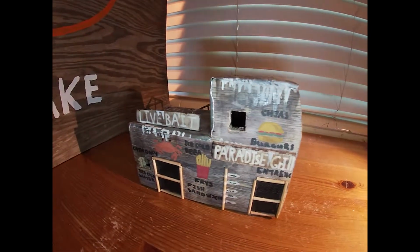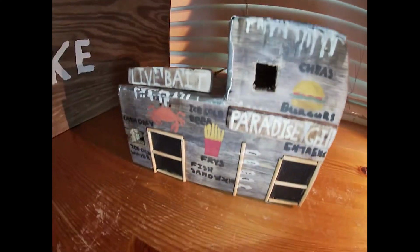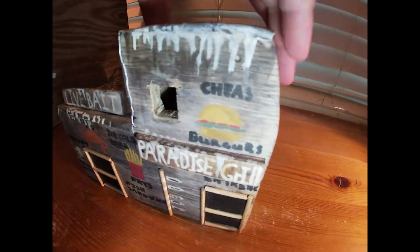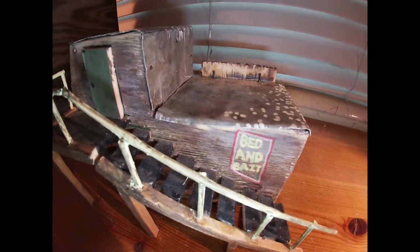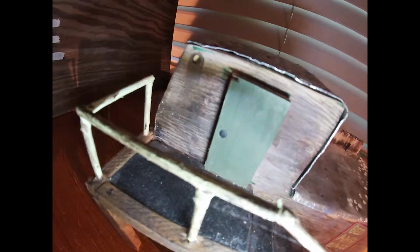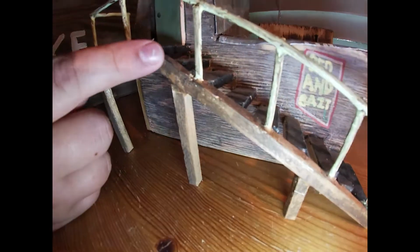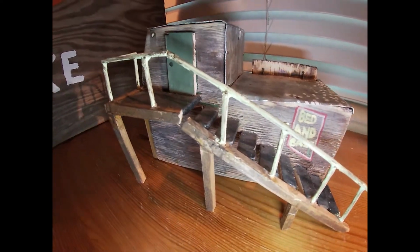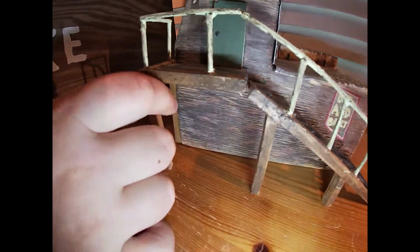So once that was done, I thought to myself, what would make this thing amazing? A lot of these old places have bed and breakfasts, but I thought that's too original. So, bed and bait. It may sound weird, but it's not disgusting. There's no bait in your bed. This whole thing right here was a fireworks stick. I probably shouldn't say this towards the end of the video, but I spent $0 on this whole build, and these were all fireworks sticks that I glued together,